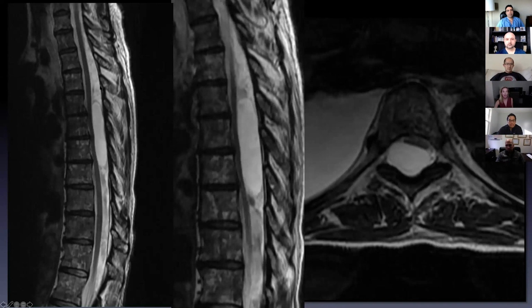This is a young patient, widely patent canal. When you're looking at a spinal canal, there are two things that live in the spinal canal that you're able to see, the cord and the CSF. That's all you should be seeing. So all these little gray lines, if the audience can see, are flow artifact. Our imaging is advanced now, and we've actually been able to